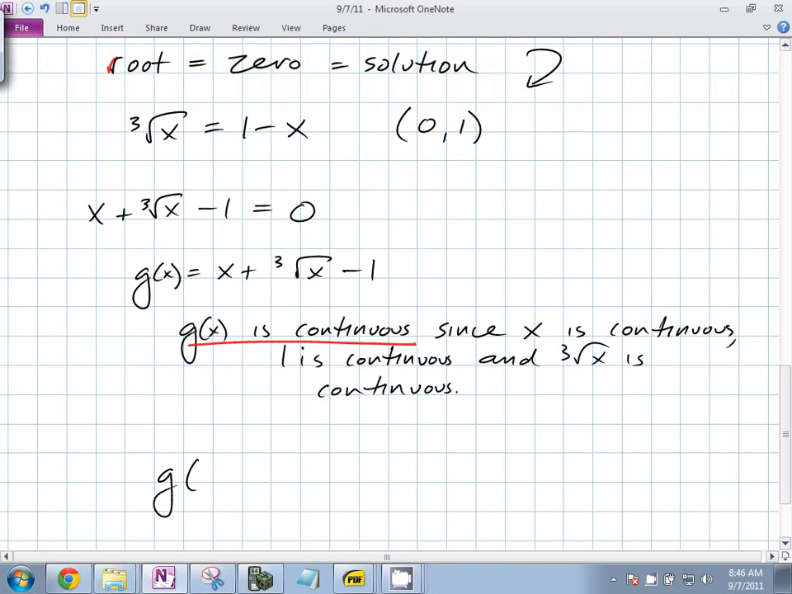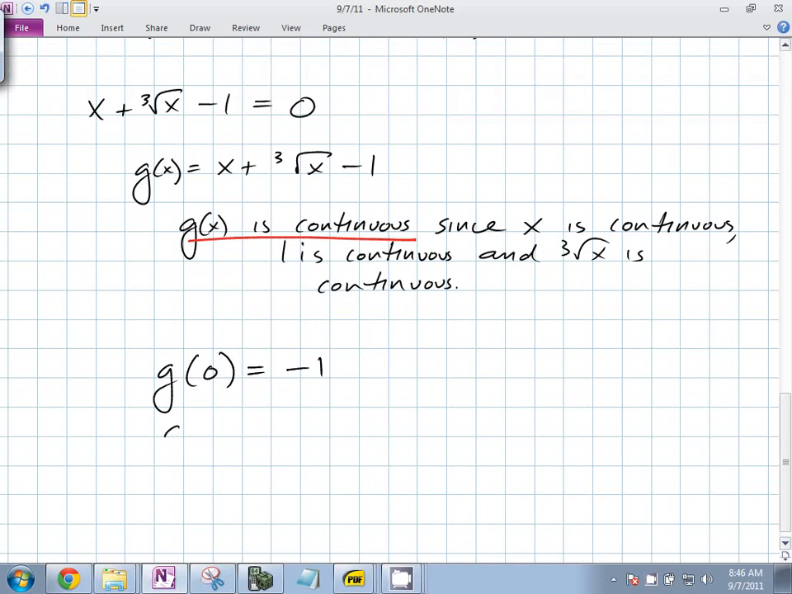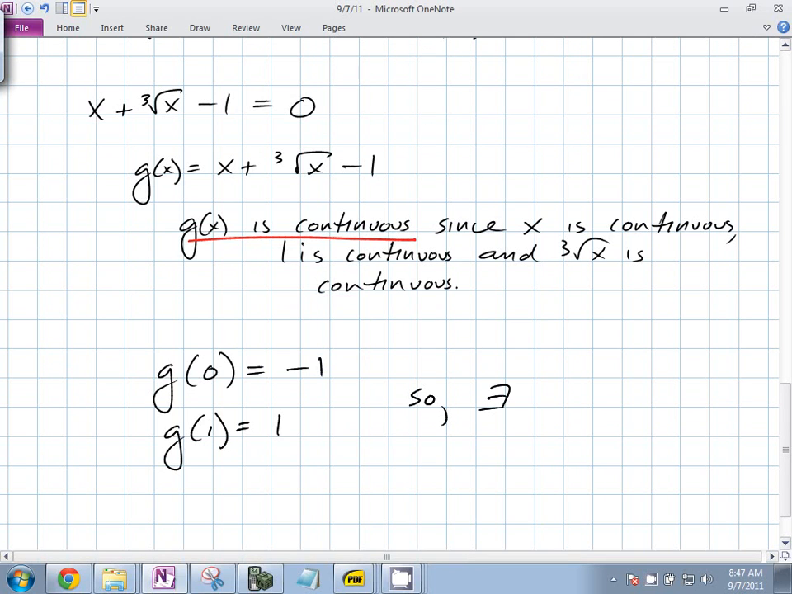What's g of 0? Negative 1. What's g of 1? 1. So there exists, that's what that backwards E means. I'll write it out in full English first. So there exists,